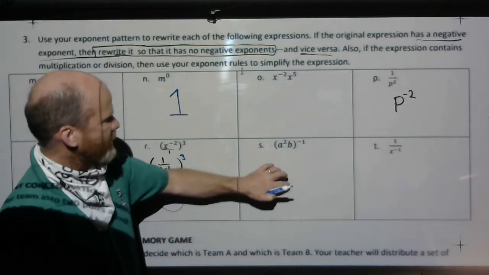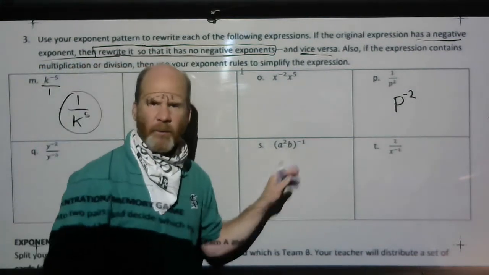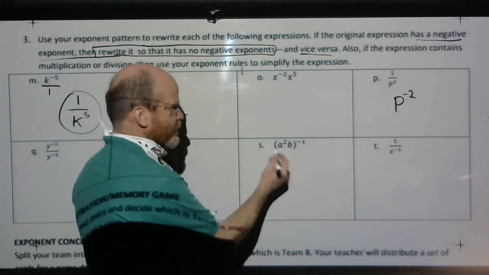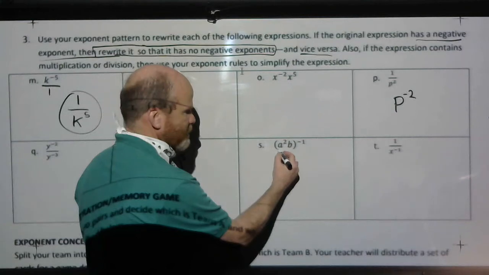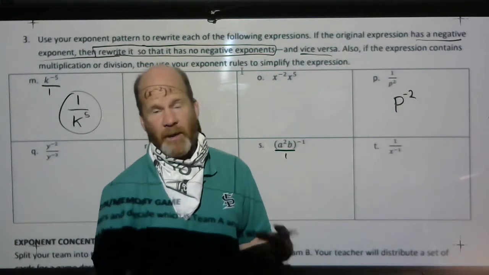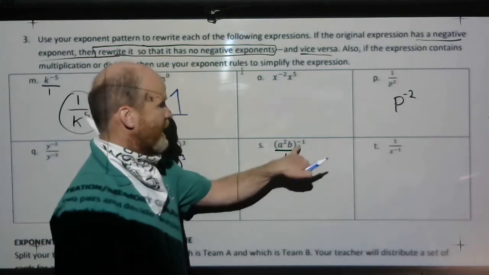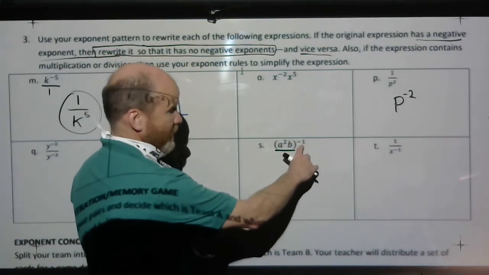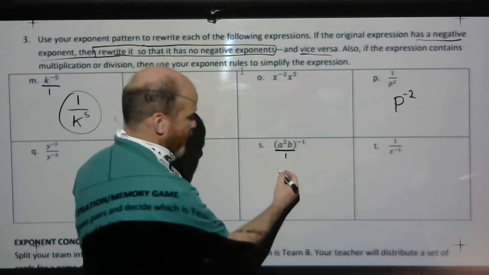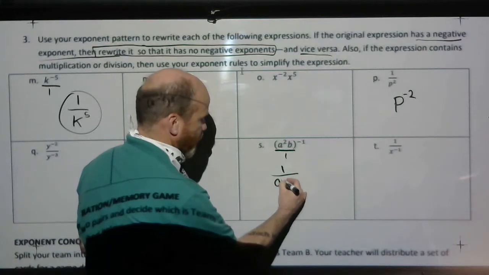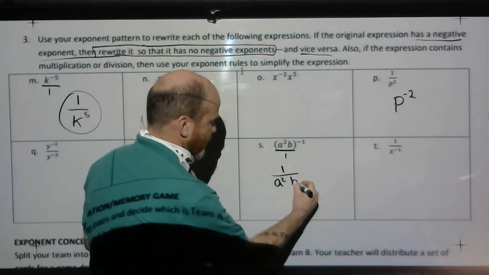And last but not least, let's take a look at this one. Again, the power rule. However, this one right here with the negative 1, let's just look at a squared times b and put it over 1. So just remember, any expression we have, we can always put it over 1. If I see a negative exponent, that's an automatic reciprocal. Because it's just 1, I'm not changing any of my exponents, and I'm just going to rewrite this expression as 1 over a squared times